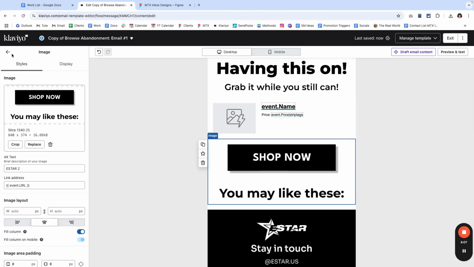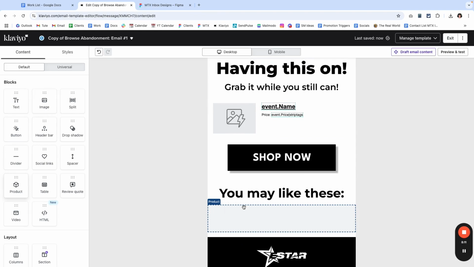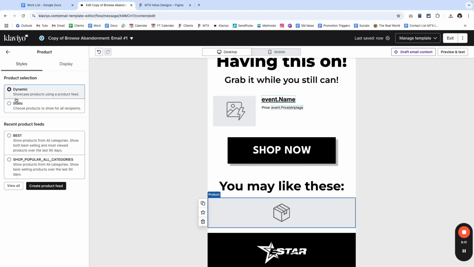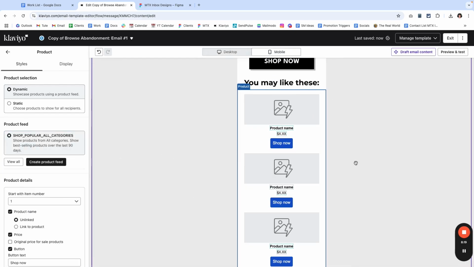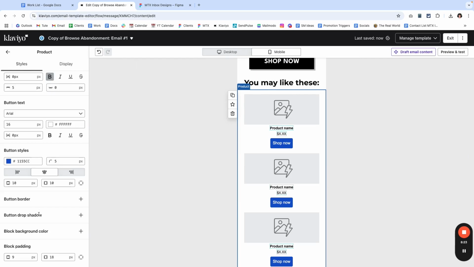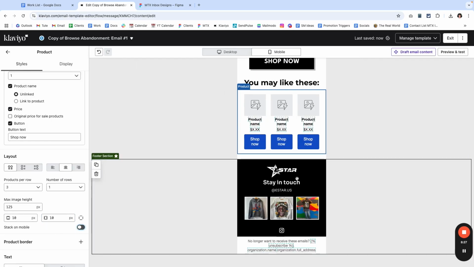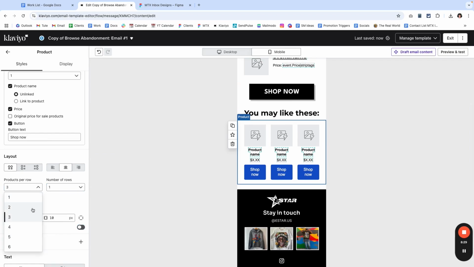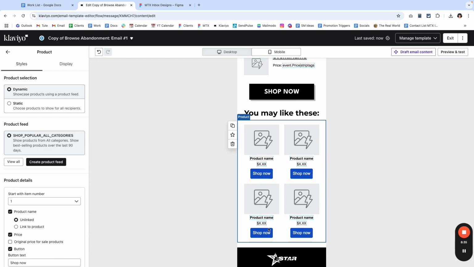And now under here, click the product, drag it down, and then put dynamic, and we can click on this, and then go all the way to the bottom. Oh yeah, turn this off so it's not stacked, and then do 2 per row. We can do 4 products. And this is just based on your theme, so